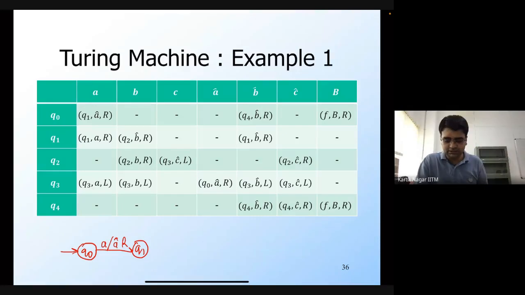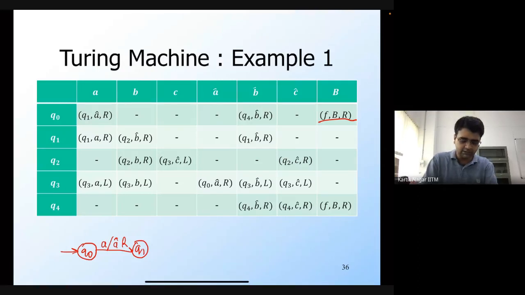There is also this transition on B hat from Q4 to Q4. So this corresponds to this final left to right pass, where you have marked all the A's, at which point you move to the state Q4, where we are basically going to check whether or not there are any remaining B's or C's. And finally, if you for example started with epsilon or the empty string, then you would have the transition on blank, where you will just move to the final state, because epsilon belongs to the language that we want to design the TM4 for.